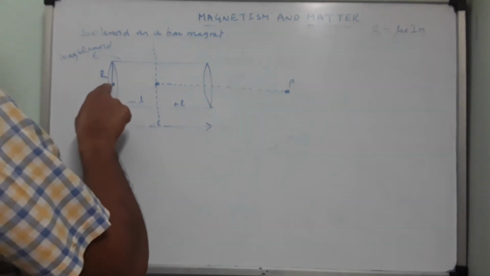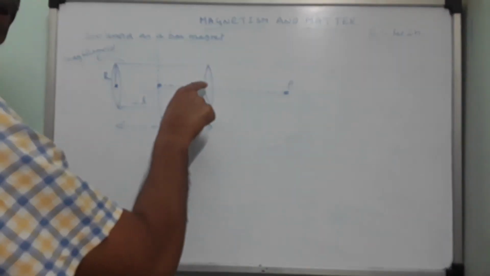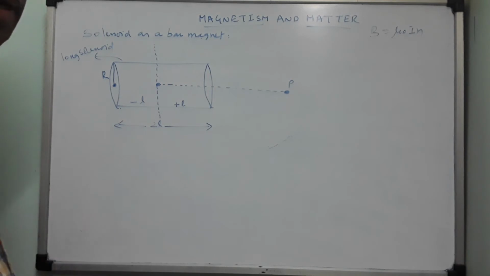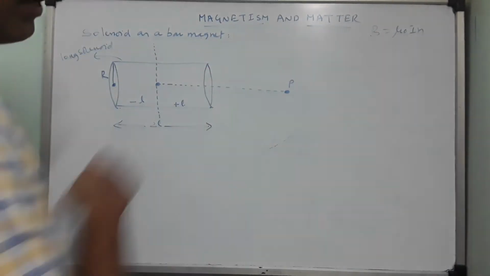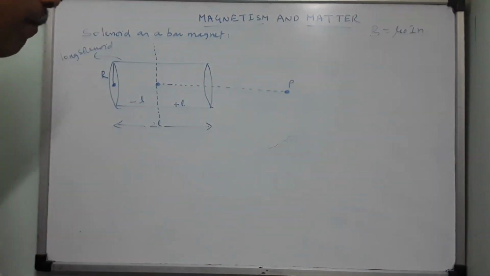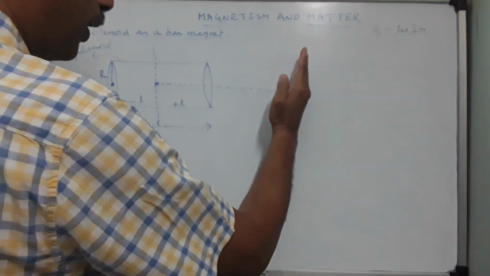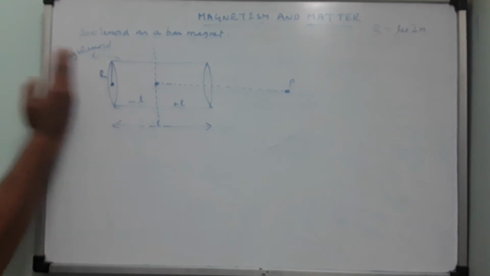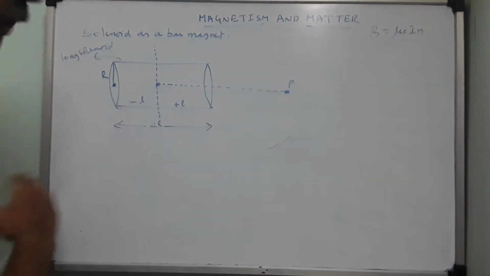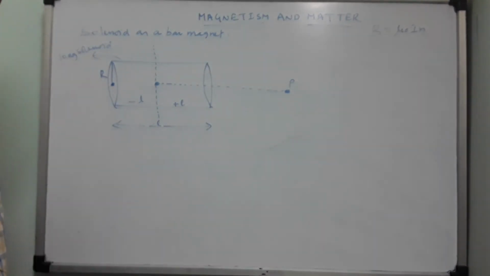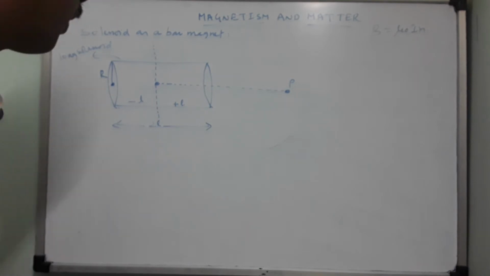But along this axis, from this point to this point, I have an expression. I have already done some calculation in the previous chapter using Ampere's circuital law. This is one: mu naught I into N. But from the edge of this solenoid, at this point P, or from this edge at another point Q on the back side, I would like to calculate what the magnetic field is. So we are going to use Biot-Savart's law only.